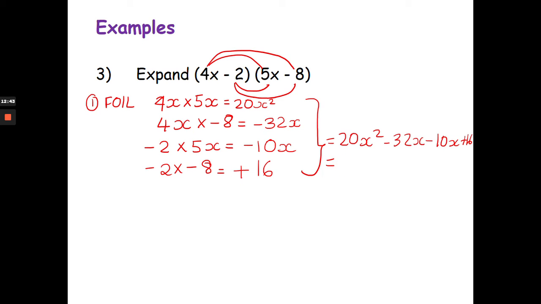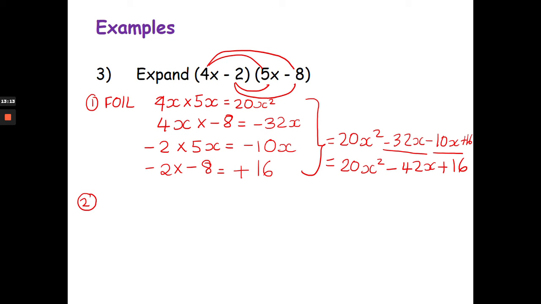So I can simplify the middle two terms again, as they both contain an x. So I've got 20x squared. Now what is minus 32 minus 10? So you have to go backwards on the number line. And taking away 10 from 32, minus 32 already, is going to give me minus 42x plus 16. So you can forward if you're happy with that next method,